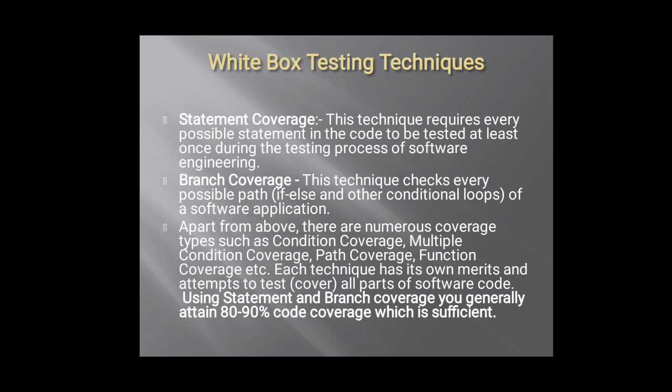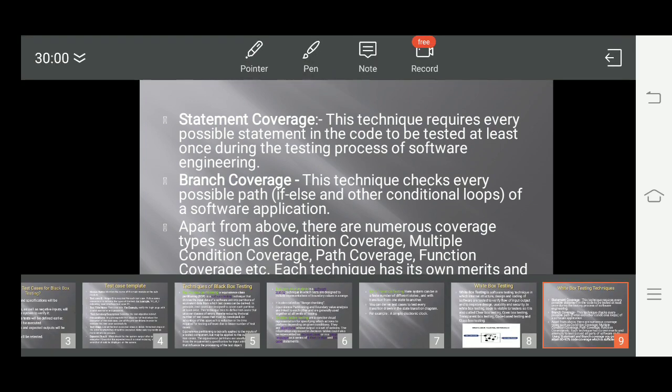Second one is branch coverage. When I am writing code, that is read C, read D, if C is greater than D, print C is greater, else print D is greater. That is, I am comparing two numbers. When I am comparing two numbers, I am writing a flow chart for it, and that flow chart will define those values. So when representation is done in a flow chart format, we can say it's a branch coverage condition, or branch coverage testing.